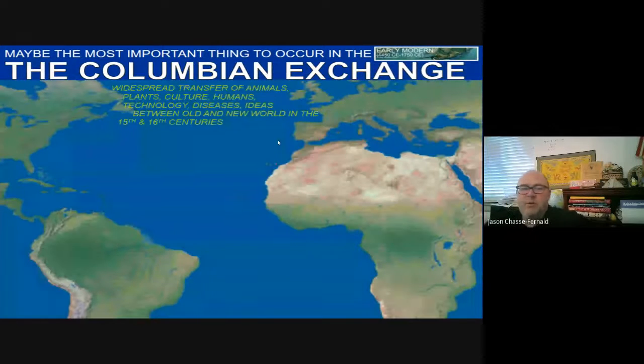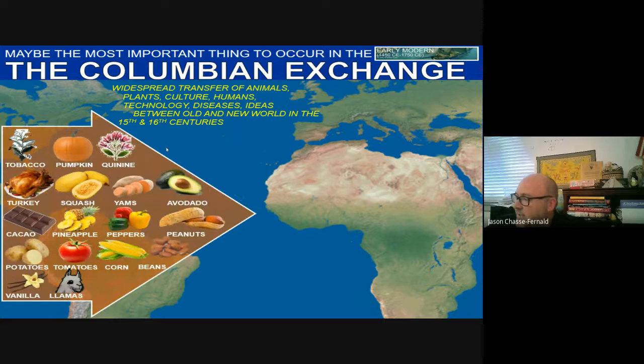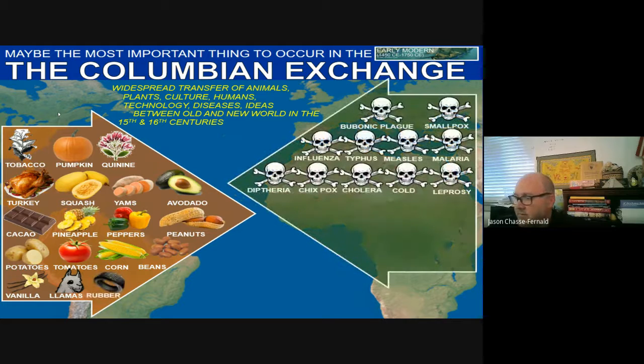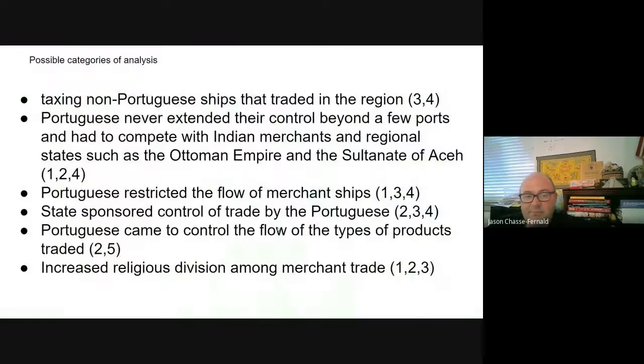All right, so just as a quick reminder, the Columbian Exchange refers to the widespread transfer of animals, diseases, plants, culture, technology, between the Afro-Eurasian trade networks, interaction zone, and the Americas. Right, so that isolation comes to an end. And so when we look at this process, right, it's vast, in what we reference, from both directions, and there's going to be implications that go both ways.